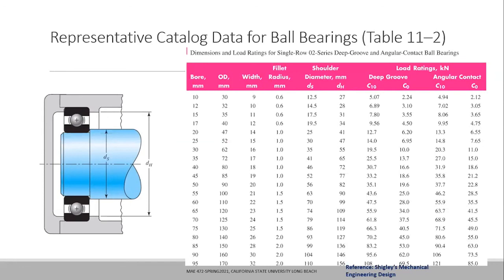So there are other criteria as well, and I have not gone through those criteria. We'll go through that in the next lecture. Other criteria are basically to relate the reliability with the life, and the reliability with the life and the load. If as a designer I need a desired reliability, desired load, and desired life for my bearing, how can I combine all these parameters together to get a C10 value? That will be the value I will be referencing while picking a specific bearing from the manufacturer catalog.